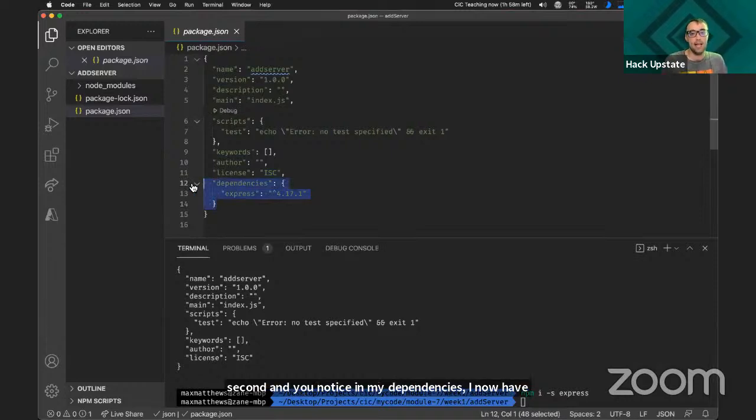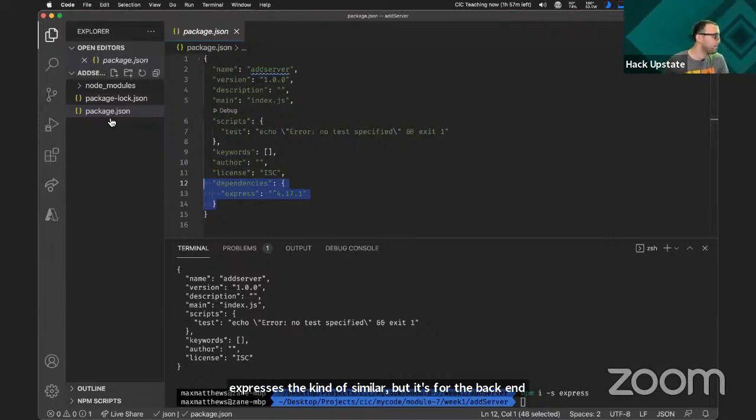Again, Express is a package that allows us to write our code in a less verbose way. So just like React is a framework or a library that we installed with npm, Express is kind of similar, but it's for the back end instead of the front end code. Okay, well, now I've got it installed, but I need a place to put my code.